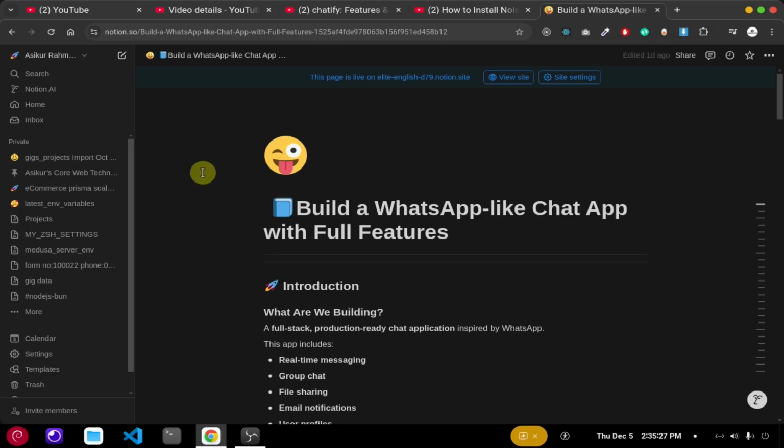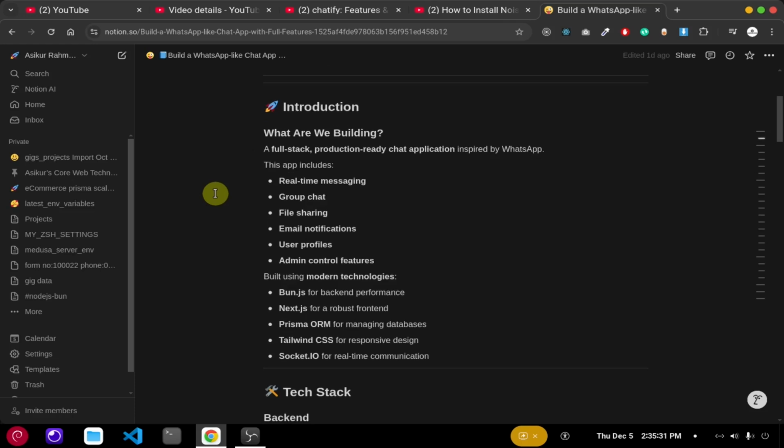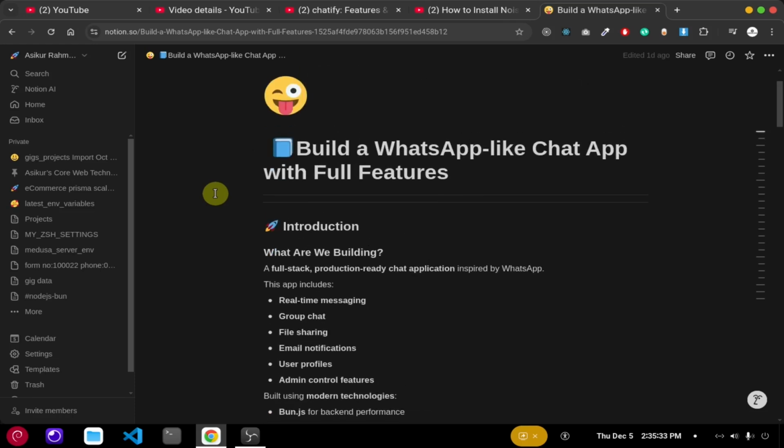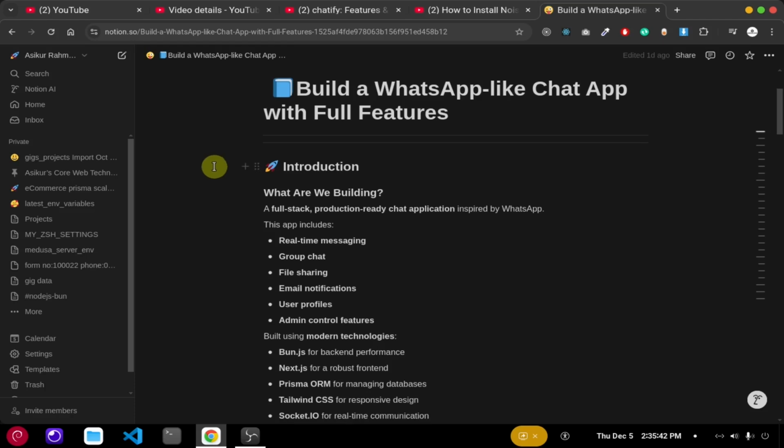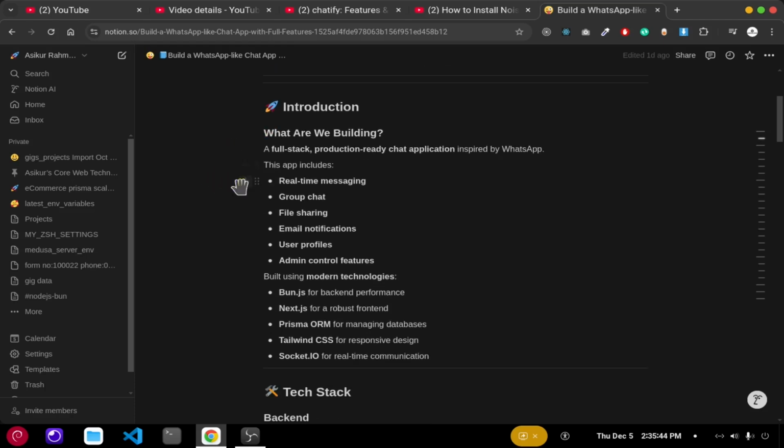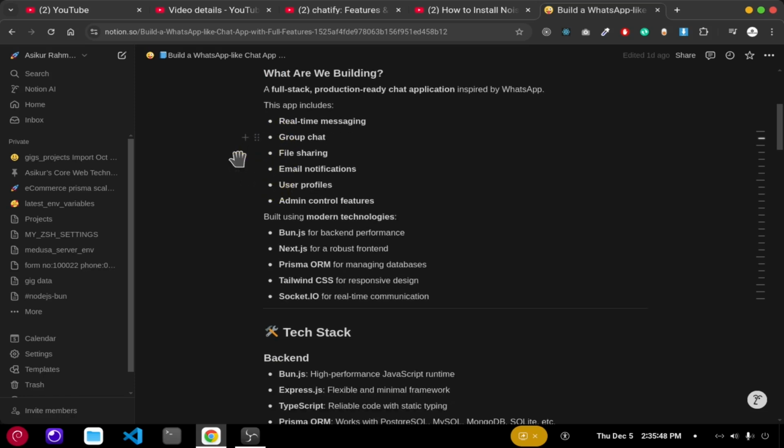So for the next 2 to 3 months, we're going to build a chat application that combines WhatsApp and Messenger-like features, and will include everything from them. We have basic features like real-time messaging, group chat, file sharing, and we will also upload files